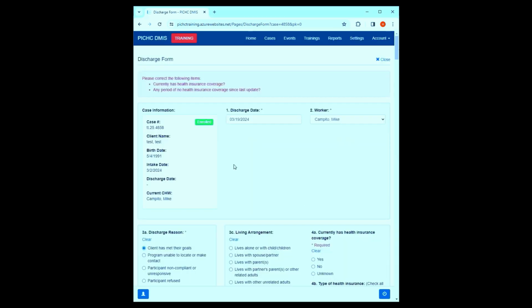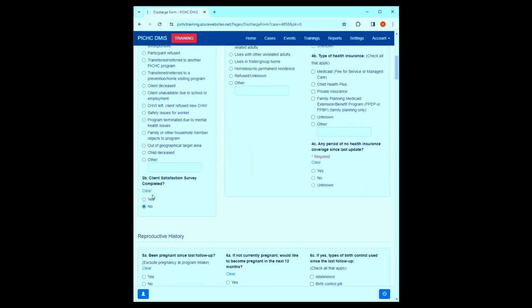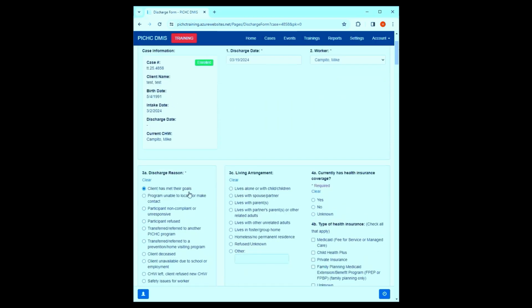Now, when I say 3B is recommended, it's tracked by the DOH and would normally be required, but it kind of assumes that if you did not go out of your way to say yes on this, that it was no, and thus it will autofill as no. Everything else about this form can be treated as a follow-up or an update form if the case ever needs to be reinstated. So we're going to do 1, 2, 3A,